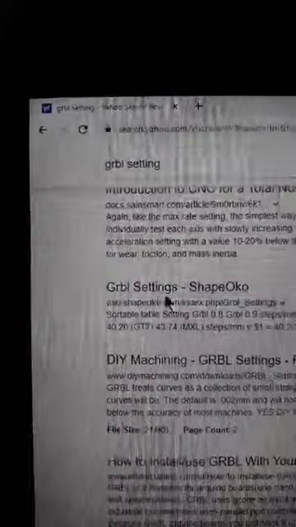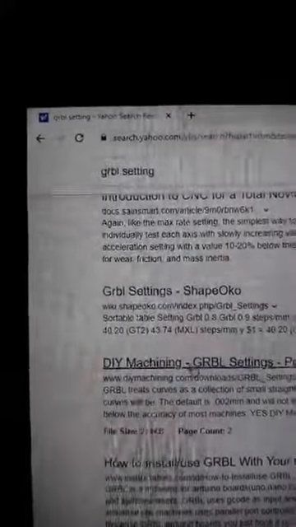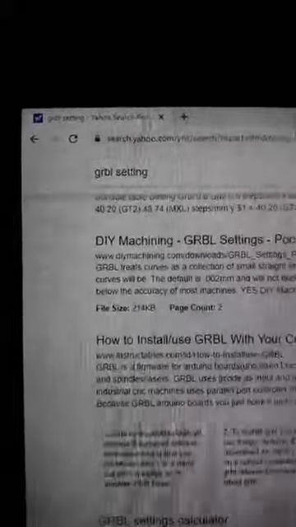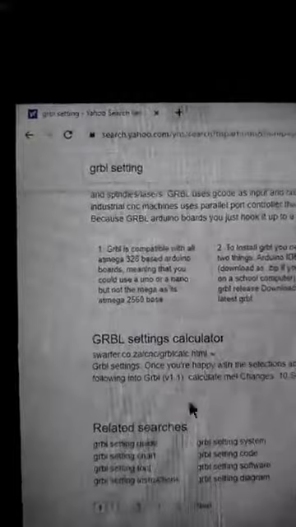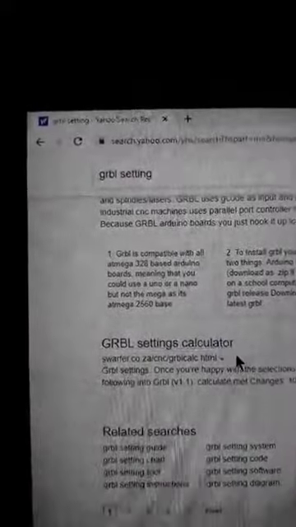Now see, here you have Grbl settings with Shapeoko, DIY machine Grbl settings pocket guide, how to install and use Grbl with your CNC machine. Grbl settings calculator. Now, this one here is for calculating your stepper motors.